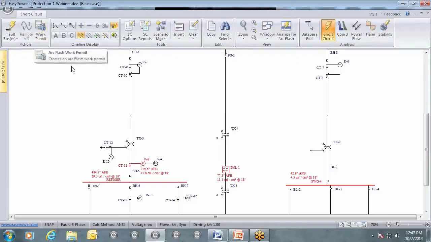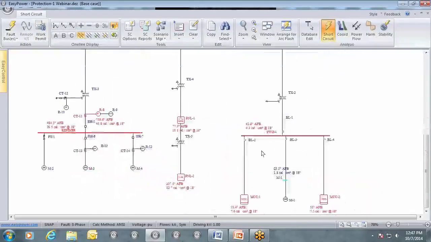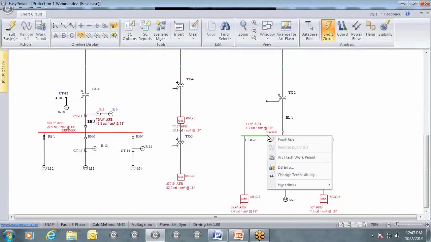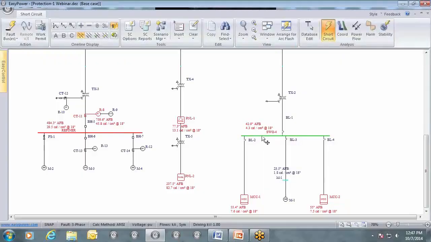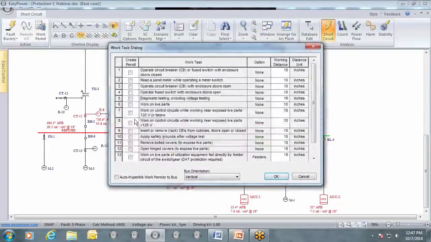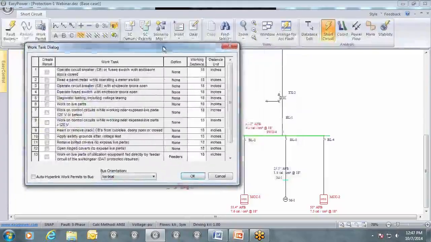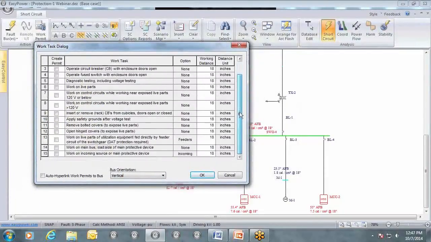We also have the capabilities of doing work permits. So you can either select a bus and right click, or you can click on the bus and click on work permit. So I'm going to click on work permit, and so we've done the switchgear bus, and you can pick whatever you would like, and I'm going to open the hinge doors as that's my task. And I can say OK,